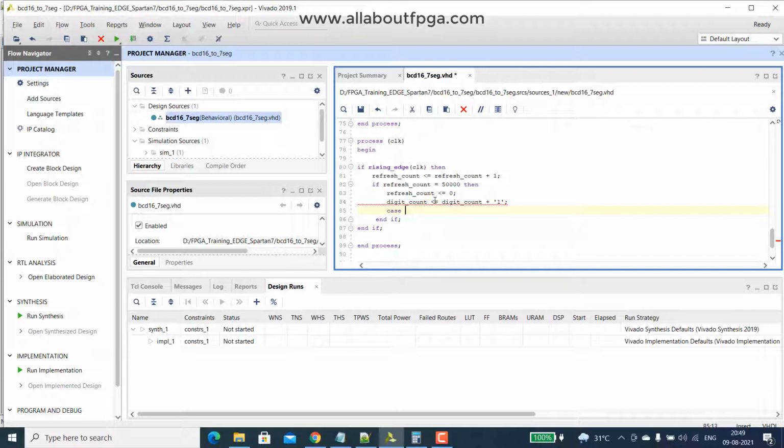Case digit count is, when the digit count is 00, then we have to activate the first digit, 0001.